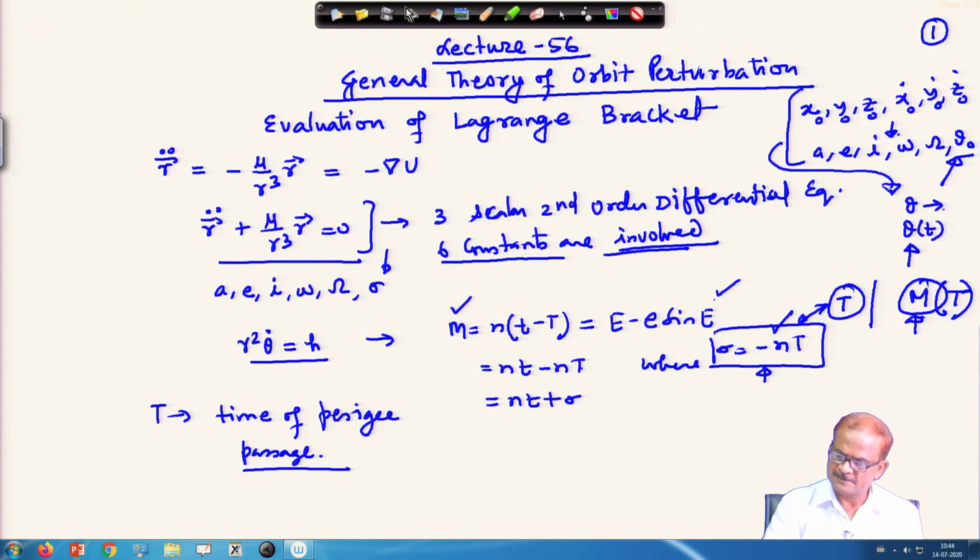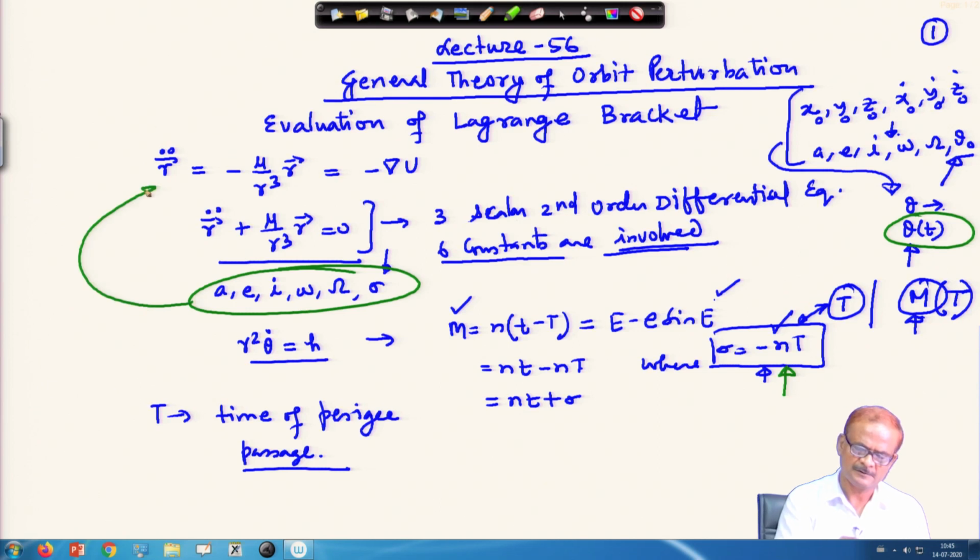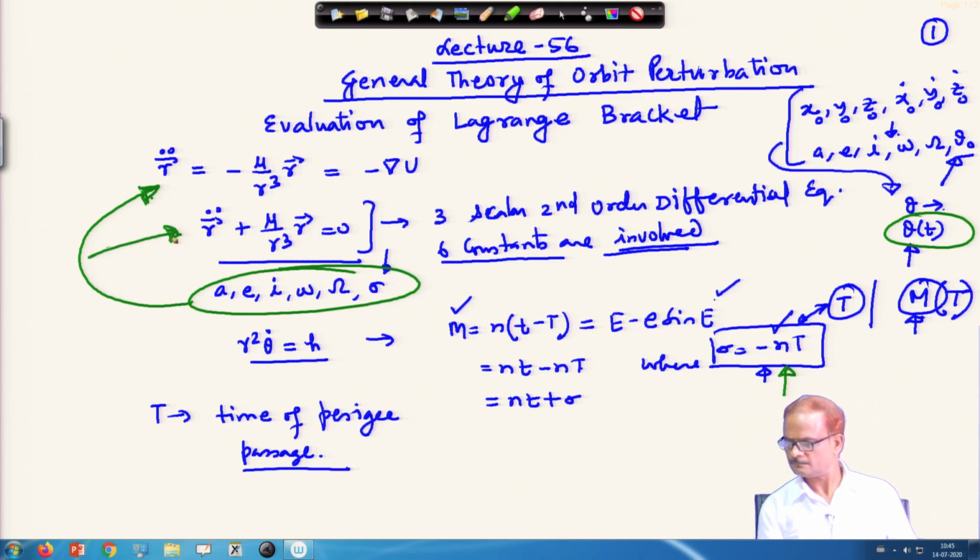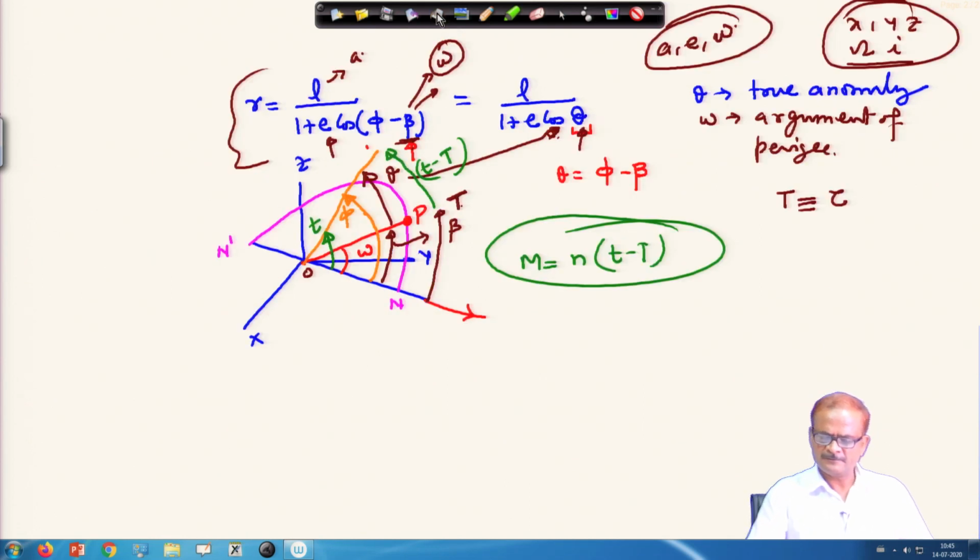So, what we have been discussing here is that instead of using theta, because this does not appear as a constant, rather it is varying with time, we use this sigma equal to minus n t as the constant of the orbit. Okay. And these 6 constants are nothing but the constants of integration in this equation, or either here in this equation. So, this term